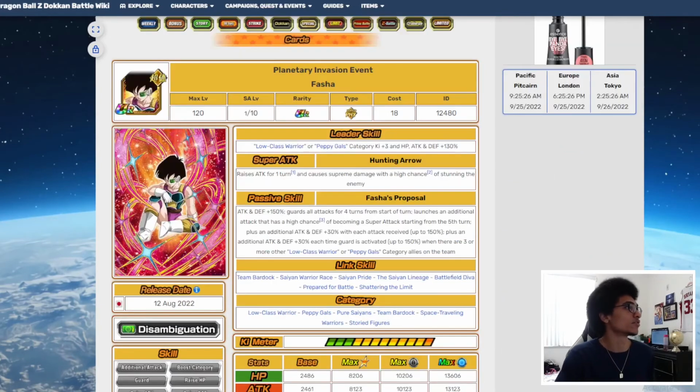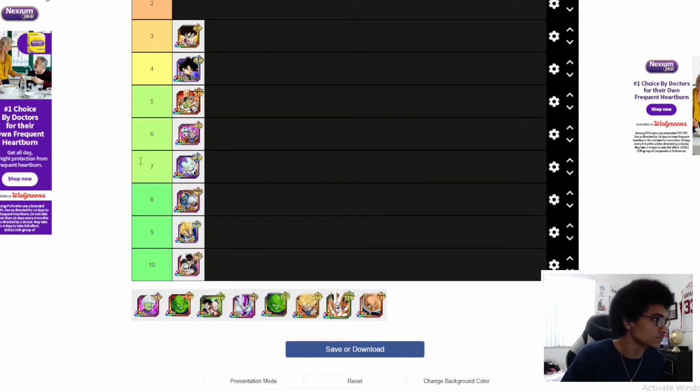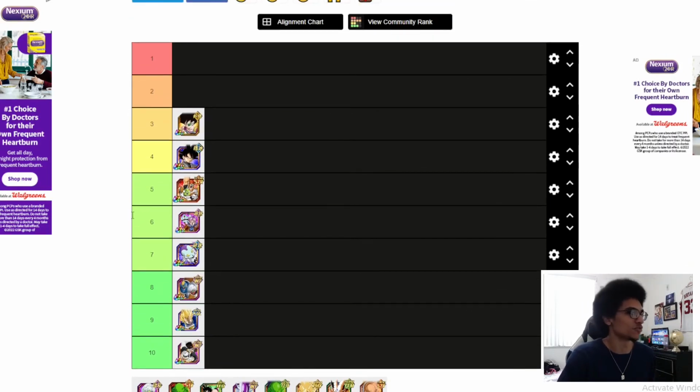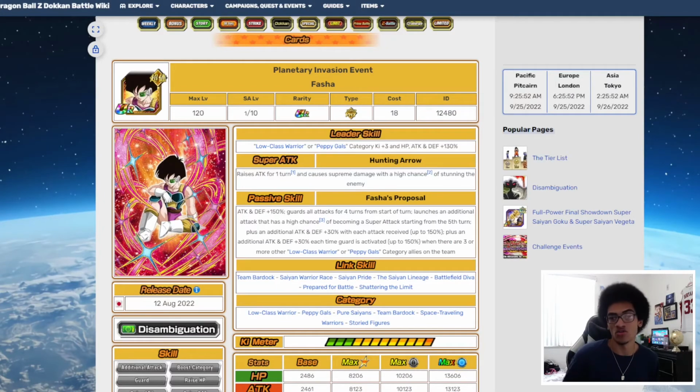Coming in at number 3, we have Fasha. Fasha's greatness. Now, if you guys have not seen the Fasha showcase, go look at it. Look at the true showcase for Fasha on Dokkan World. Tell me what you think. Guarding for the 4th. If I'm not wrong, she's basically a mini version of LR Goku Black Zamasu post EZA, of course, because she gains her guard